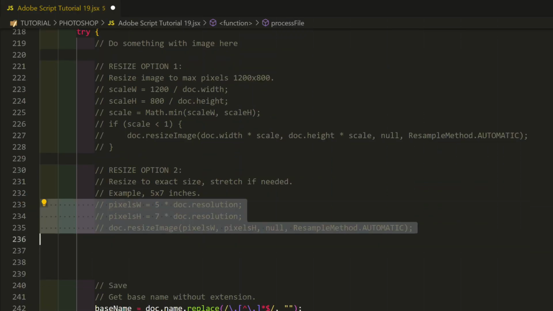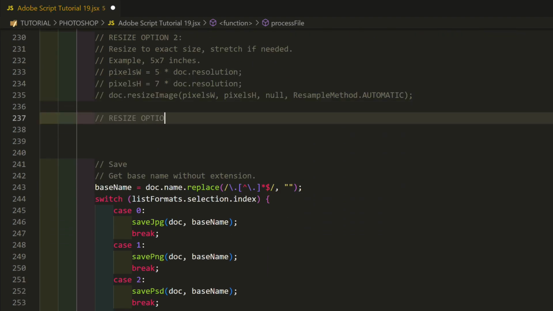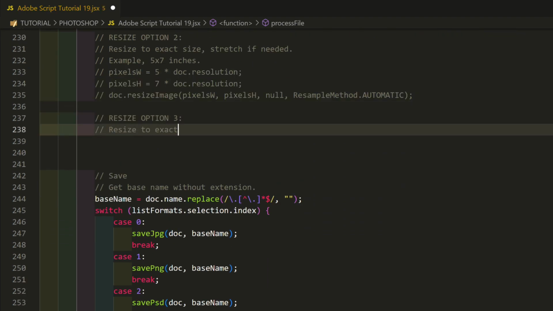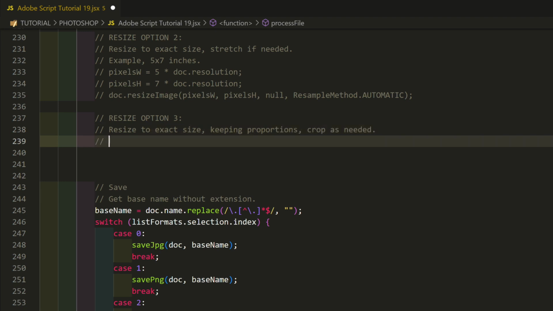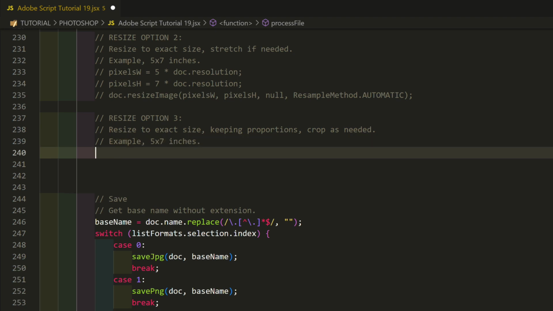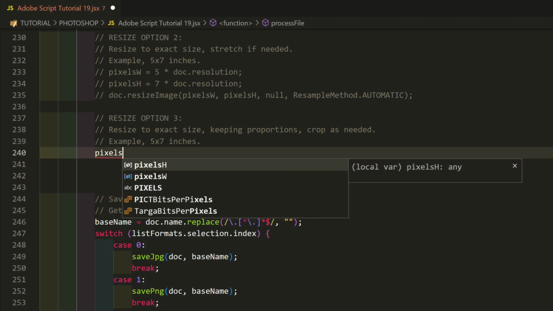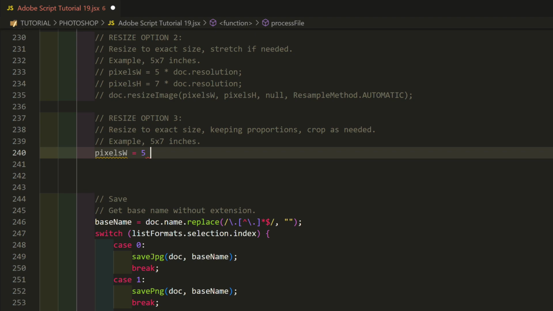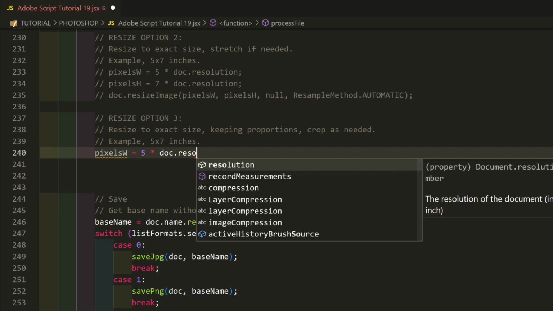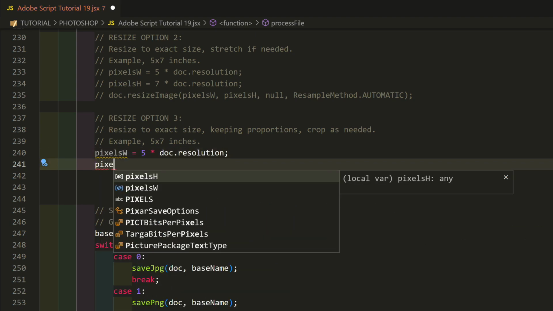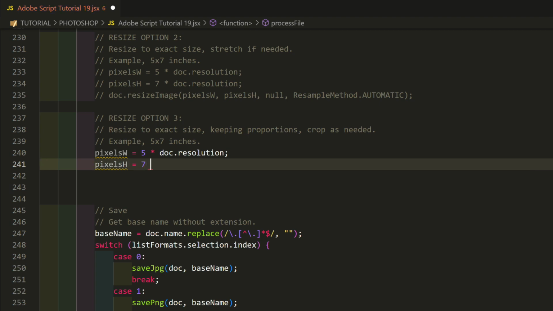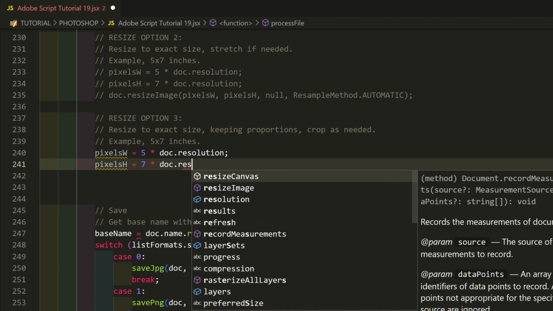I'll comment out the second option. This option is a combination of the last two, with a few adjustments. Again, we'll make the ultimate size 5 by 7 inches. Get the width and height in pixels by multiplying by document resolution like before. pixelsW equals 5 times doc.resolution. pixelsH equals 7 times doc.resolution.